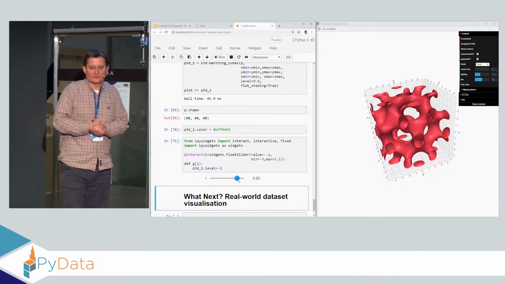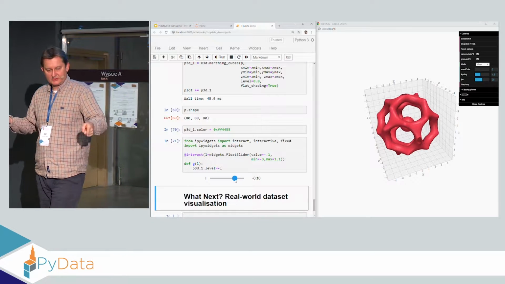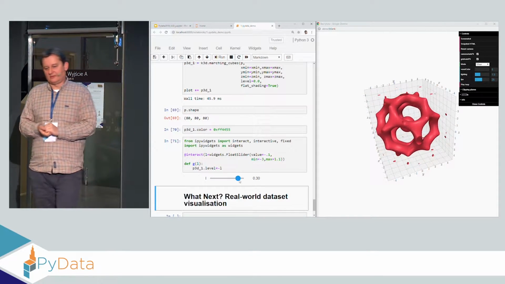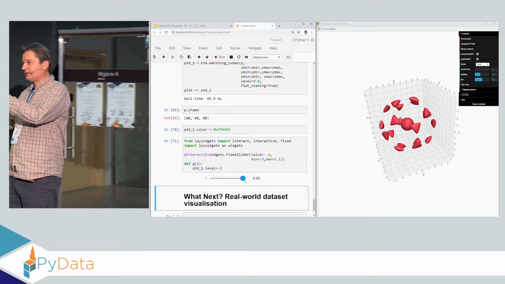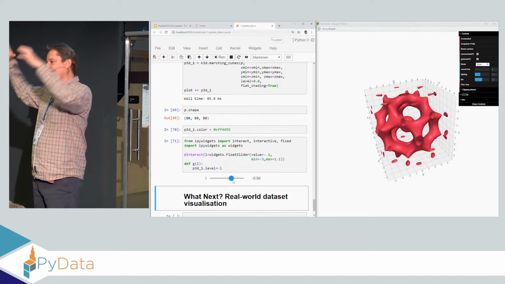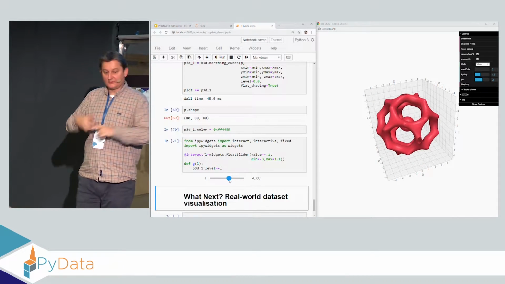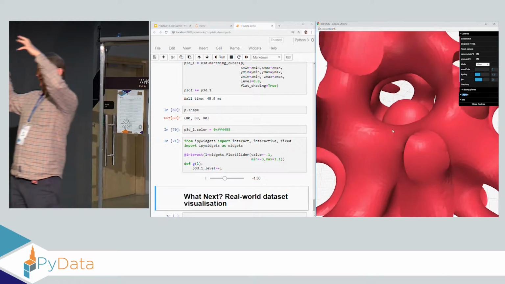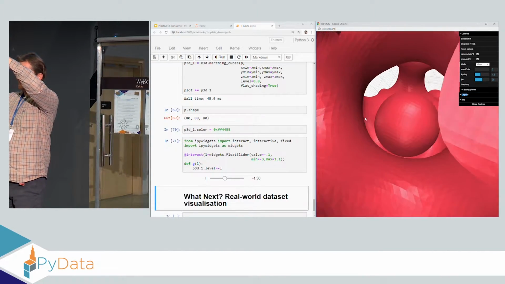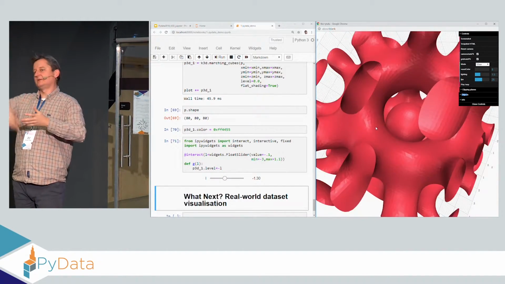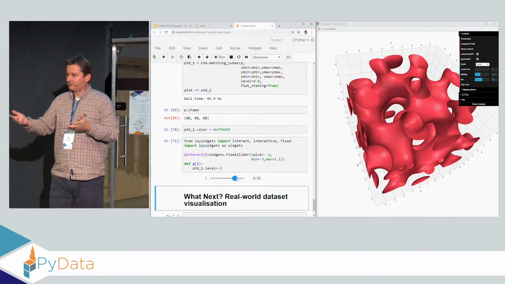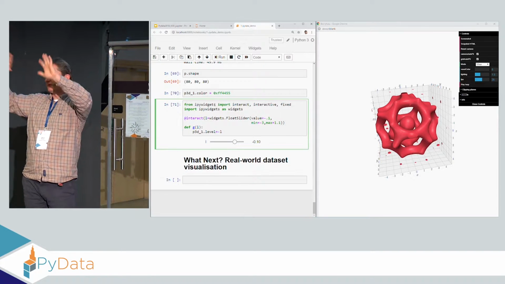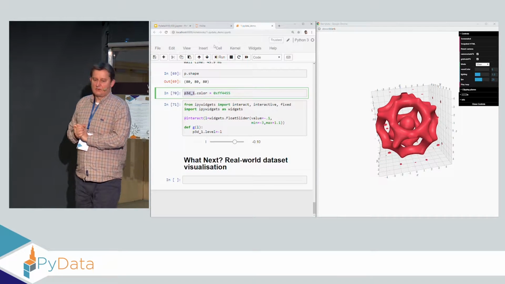Of course, this is also connected with IPywidgets, so we can change this isosurface value on the server side. And this widget will recalculate the isosurface using marching cubes. So now the whole data set is being sent to JavaScript. So there's quite a lot of data. If I want to update this like an animation, at 20 frames per second, it might be difficult. But now the whole work of computing this isosurface is done by the web browser.